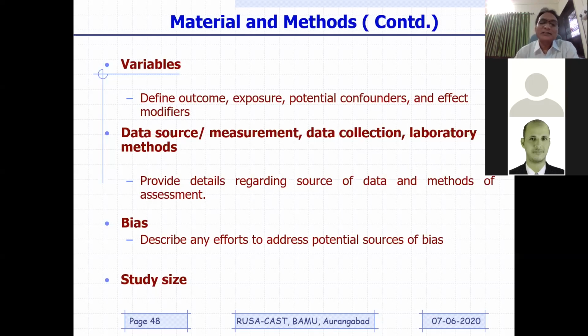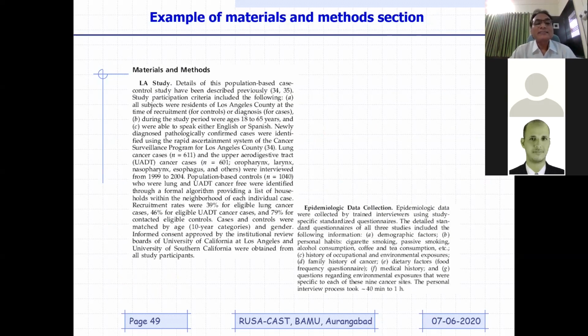So what kind of bias you were having, and what kind of study size, I mean duration. Study size means whether you have considered Gujarat as the study of investigation, or the country as a whole, or only a couple of states. You need to mention a similar kind of study size. And these are some of the examples. I'm sure this may not be readable for you, but